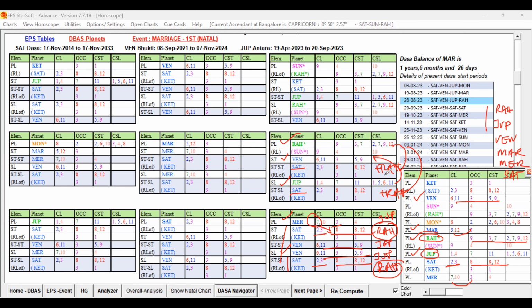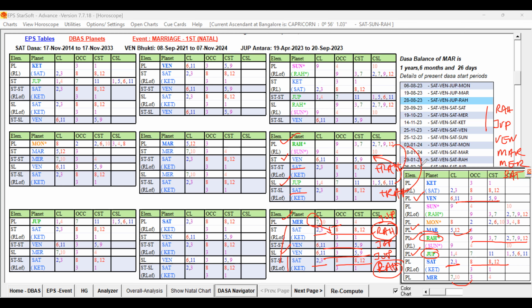And importantly, the star level planet Venus is also good despite being sixth lord. It is getting the ruler link from Jupiter. So that way, the marriage is promised and supportive for the marital life. Some weaknesses are present, but only to a level. Some obstacles are there. Otherwise, the destiny is good. I think you are able to understand.